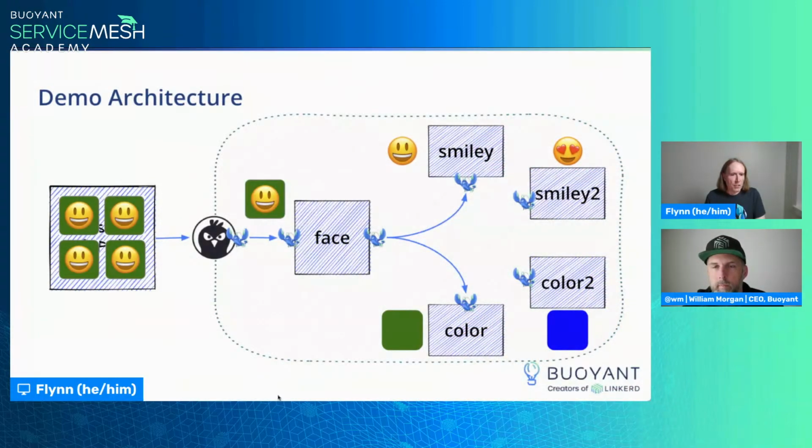And if you look at this, going back to the demo architecture, what we're changing here is we're basically just adding another line so that now sometimes when face goes to talk to the color service, it's actually going to get the color 2 service. The other interesting thing here is, let me point out, a lot of the time when you talk about Canary deployments, people are always talking about it happening at the Ingress controller. In this case, we're doing this down in the call graph, far away from where the Ingress controller can have any impact at all. This is all happening in the service mesh, and it's all happening without making any changes to the application at all.